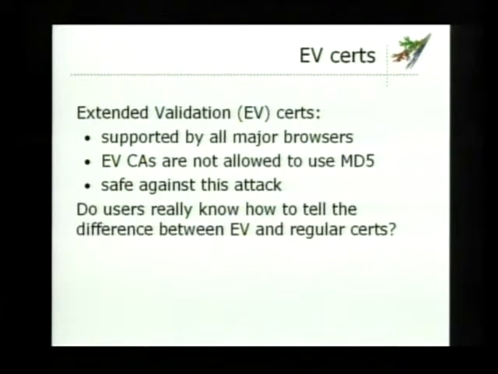They're called extended validation certs, and they have more stringent requirements. And the EV certificate authorities have never used MD5 to issue these certs. So if you find a certificate chain that ends with an EV certificate authority, then it could not have been attacked using this method. However,